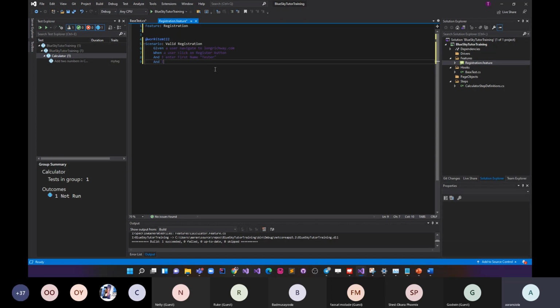And the good thing about being an automation tester as well, if you're very good, you can copy and paste this step, because if you know that you will be needing it most of the time, and I enter and I enter something, sometimes you just copy it and tweak it to what you need it for. So I'm going to copy this to save time, and you paste it here. So the next one we want to do is to enter our last name. So I just change this to last name, and you have to be careful. Yeah, the last name is